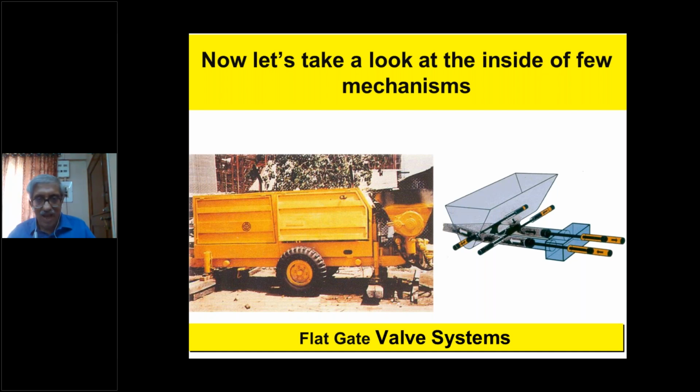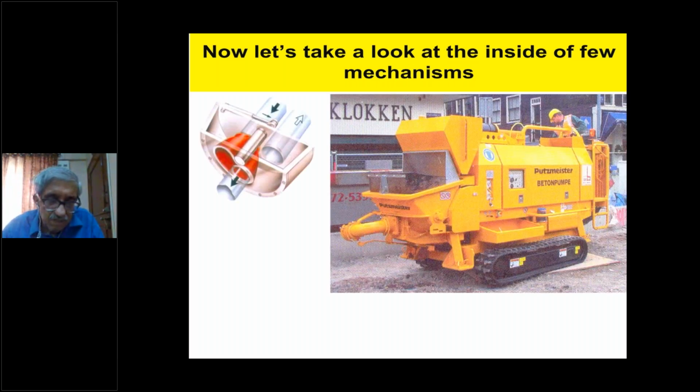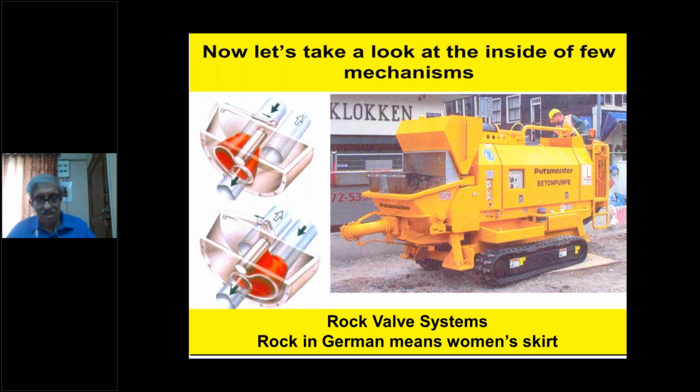Besides flat valve systems, simultaneously or a little later, other systems were evolved, which I will show you. This is called a rock wall system, and it is called a Rock-Schieber wall system also in Germany. Rock-Schieber means a woman's skirt. So it is in the shape like a woman's skirt, going from the inlet piston to the outlet piston and conveying the concrete. You can see that sketch which is given on the side of the pump. Now these were supposed to be mechanically well balanced as compared to